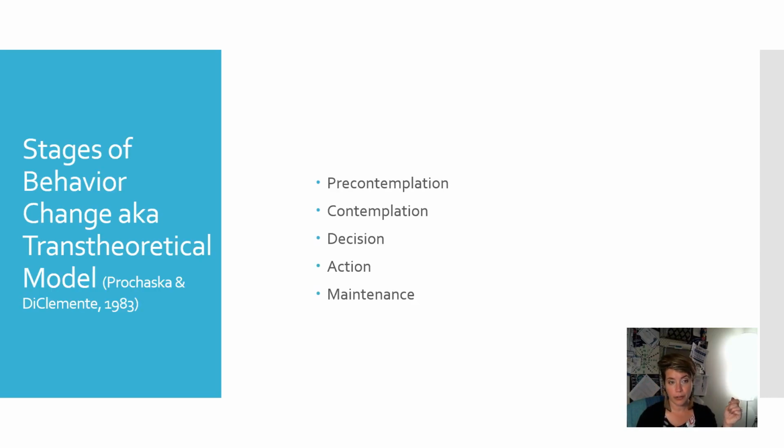Another theory you probably are more familiar with than most others is stages of behavior change, aka the trans-theoretical model. This is where we help people move through pre-contemplation, contemplation, decision, action, and maintenance. Much like diffusion of innovation, in any one group you'll see that there are folks at different stages, and depending on where they are in their thinking about a new behavior, if they're in contemplation, it's different than if they're in pre-contemplation. Pre-contemplation assumes that it's not even on their radar to think about.